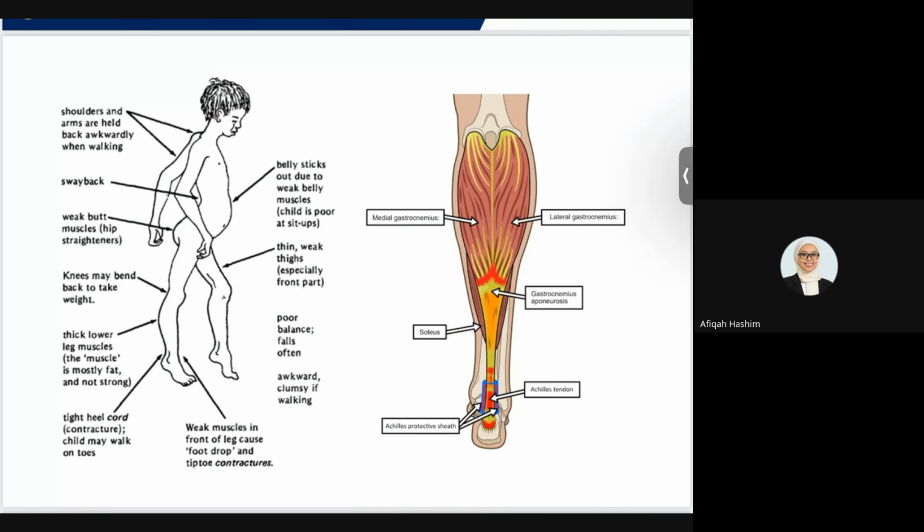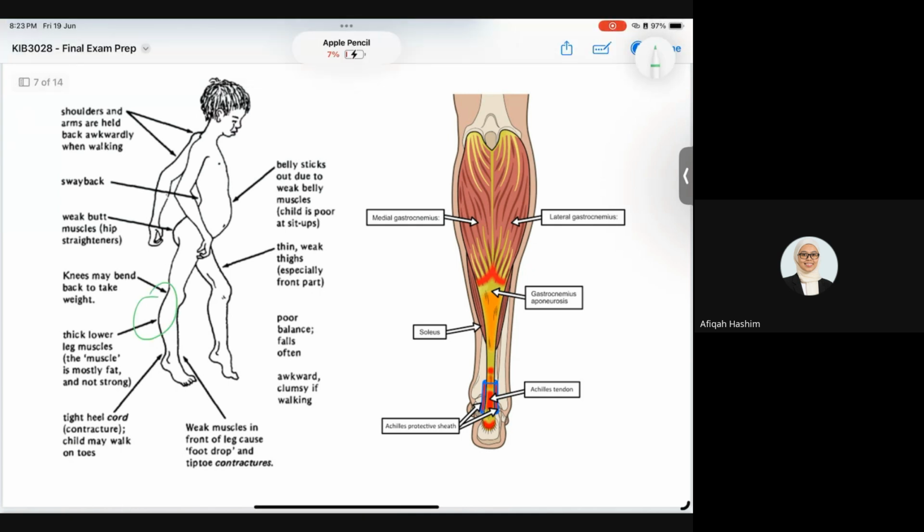So in DMD, these muscles gradually become weaker because they cannot lift the foot properly during swing phase of walking. Imagine they are walking, during the swing phase, they cannot clear the ground properly, and the toes begin to drag on the ground, and this is what we call foot drop. And now imagine this happened every day for several years, and the muscle at the back here will gradually